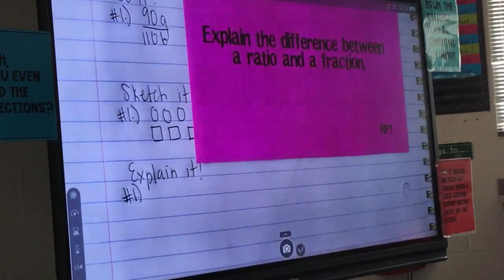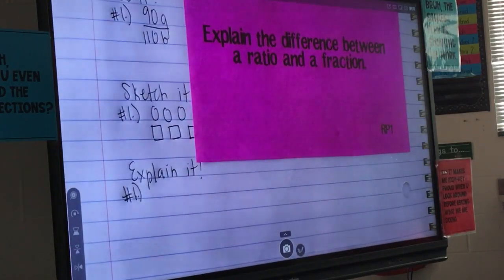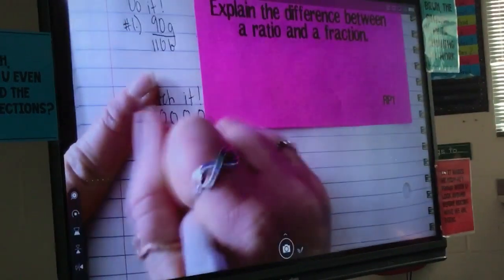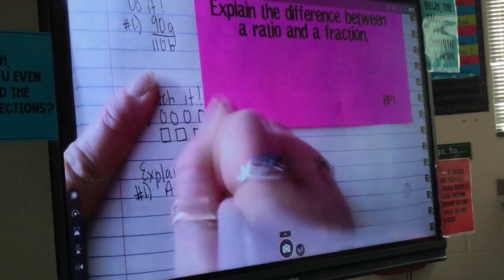All right, and this says explain the difference between a ratio and a fraction. Okay, so explain the difference between a ratio and a fraction. BK. A fraction is smaller than a whole, and ratio is wholes. So let's start with the fraction. So a fraction is